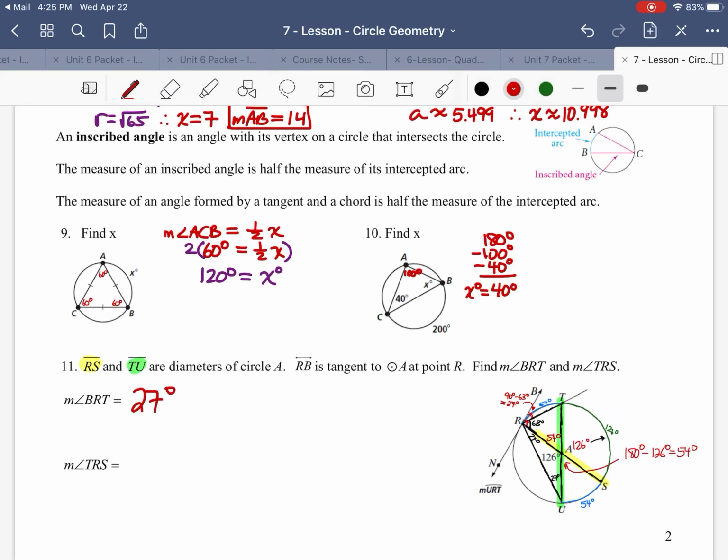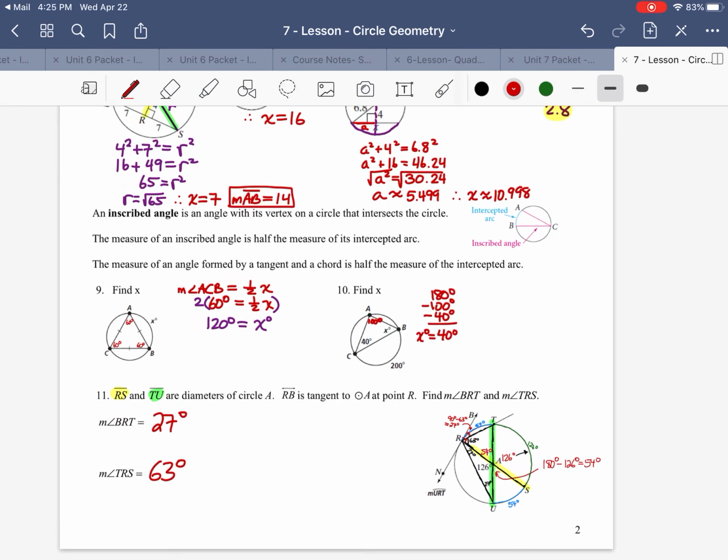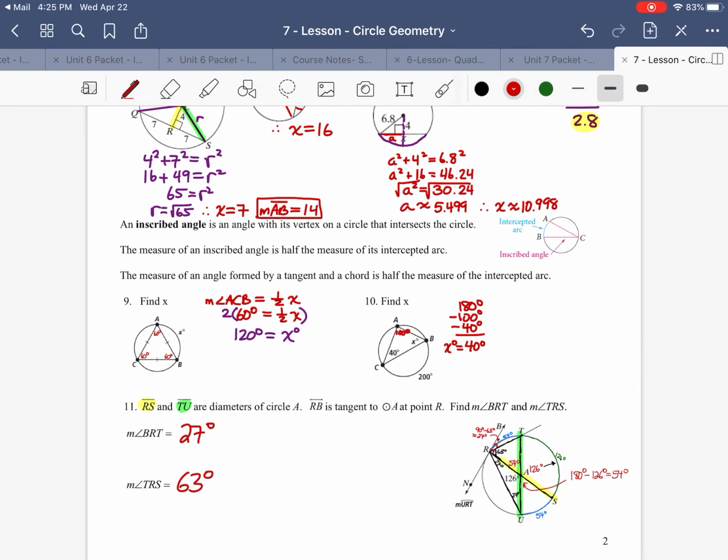Now the other one is TRS, and it's kind of interesting because you do all this work and sometimes you go right past the answer you're looking for without even realizing it. TRS, we already figured out, is 63 degrees. All right, so definitely a lot more complicated than the first page, but if you take some time to really consider what's going on, I think it'll make